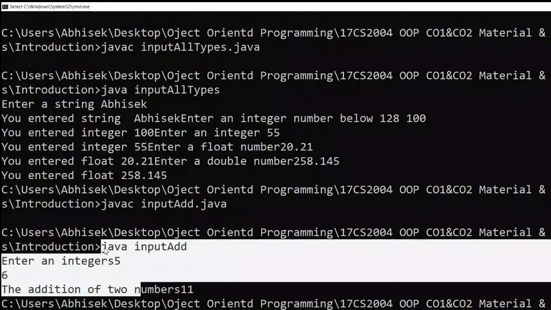Got it? It is a small program, just addition of two numbers. Similarly, you can do swapping of two numbers. Already you know the logic of swapping of two numbers, multiplication of two numbers, division of two numbers. What are the operators? Mathematical operators you can do: addition, subtraction, multiplication, division, everything you can do. Small program. Is it clear or any doubt up to this much?